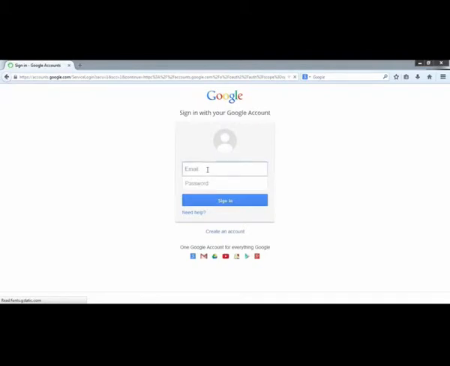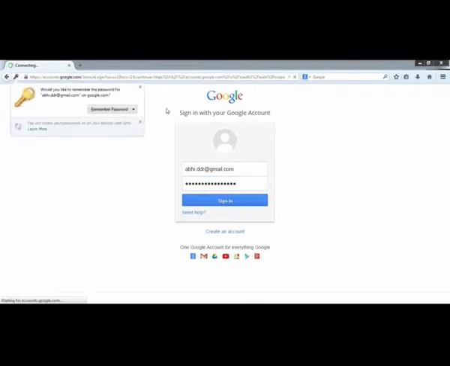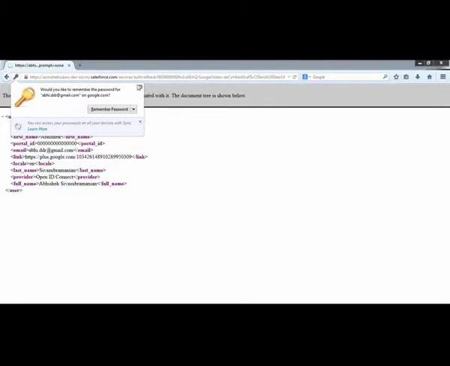Here I'm using my personal account for the demo's sake. Password goes in and sign in, and the moment you sign into Google, Google will do the authorization and send that OpenID information back to Salesforce.